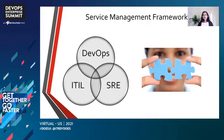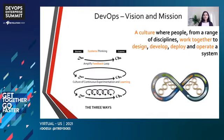So let us now, with this background, take one step deeper to understand how the DevOps, ITIL, and SRE frameworks compare to each other and what they have to offer. DevOps is an umbrella concept that advocates different teams working together as one system. It involves people from across the organization, be it development, design, UI, security, documentation, testing, operations, all the teams that contribute towards the value chain in the value stream, coming together to work as one common team. This involves everything from planning to building to continuous integration